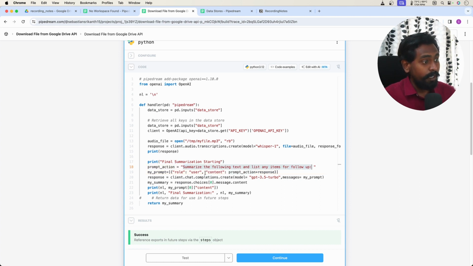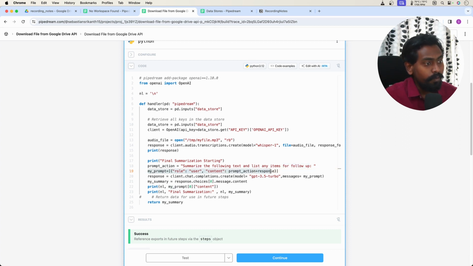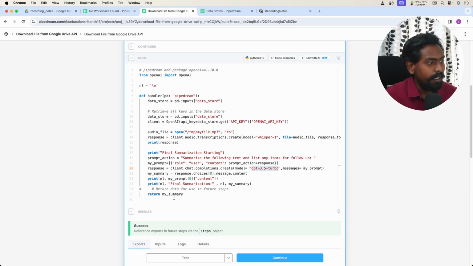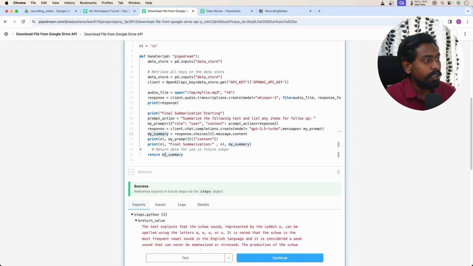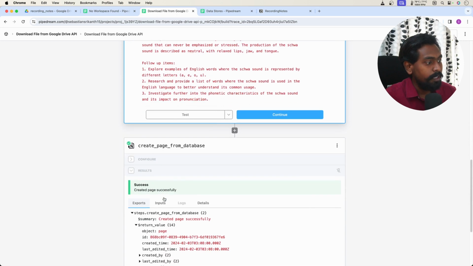So I have given the prompt like summarize the following text and list any follow-up items you have. This is how we format my input, and that input I'm giving in my messages. So client, the OpenAI client, chat.completions.create using the basic GPT model. You can use GPT-4 as well if you want, it's more updated and more powerful than 3.5. And then I'm just printing that and returning my summary. That summary is the return value, and that summary is what we are trying to use in our